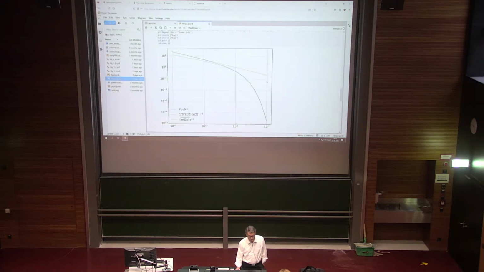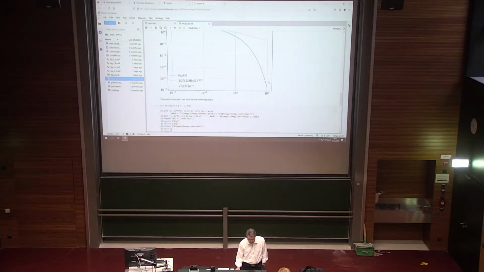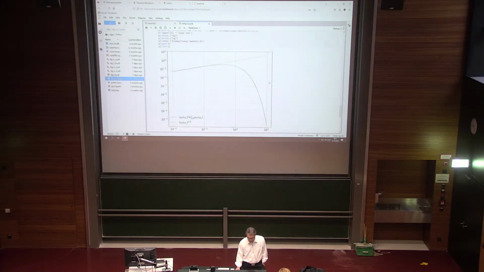This is the Bessel function in blue. The orange dashed line is the low argument approximation. The green dashed line is the high argument approximation. You see how well this essentially exponential cutoff represents this particular Bessel function. All right, now if you look at the complete spectrum, we have an omega squared times